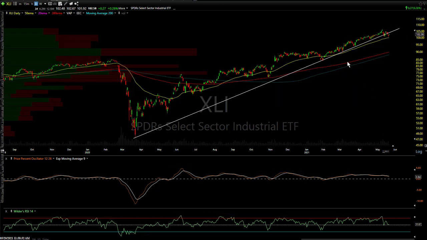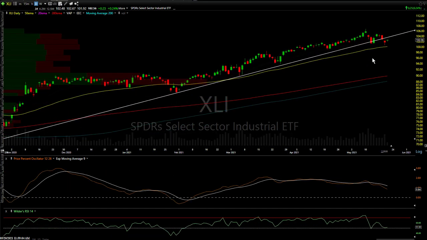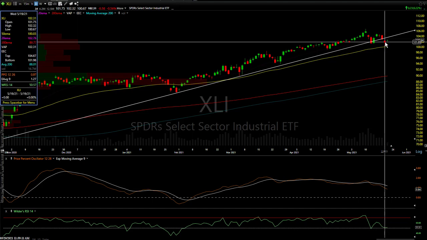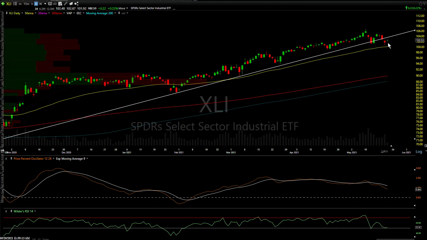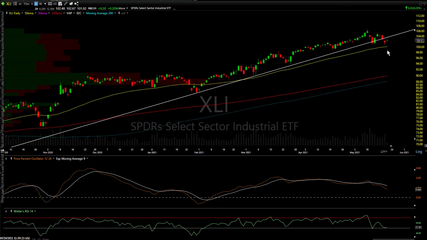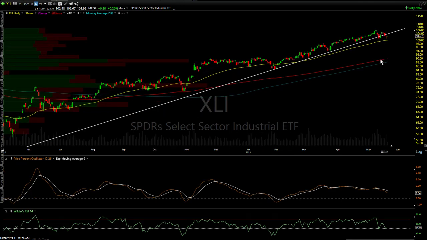But when I flip over to this clean board, let's just look at the most important development on there right now, and that's that primary uptrend line off the March lows, like the market indexes I showed you earlier. And then you zoom in nice and tight, and you see we recently broke down below it, but not very impulsively. We did have a pretty decent drop yesterday, but we are below it. So I'm going to call a spade a spade and say this is a sell signal unless the trend line is recovered. Maybe it is, maybe it isn't. But for now, let's take it at face value. That's a breakdown.